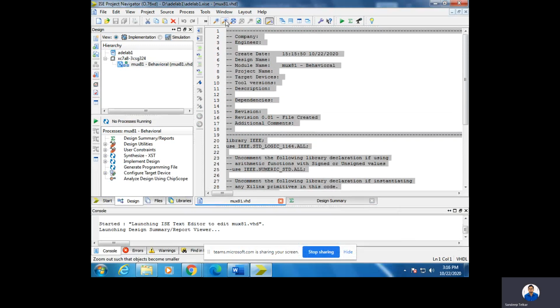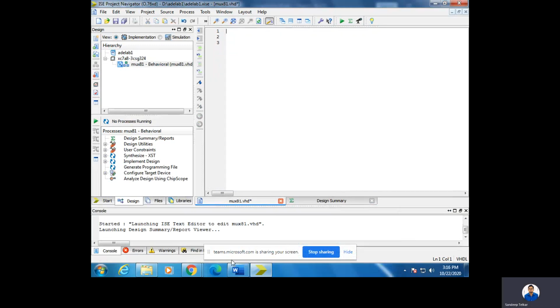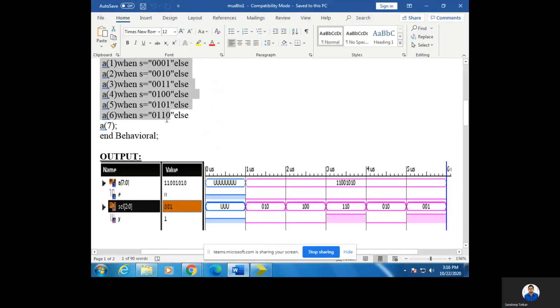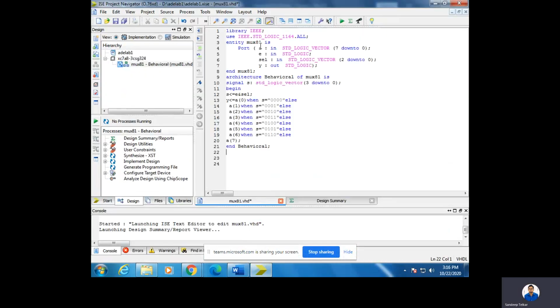I'll be deleting the content that already existed, and I will be copying the program I have written. Just copy paste the program. This is the program I have written. So this is the logic.